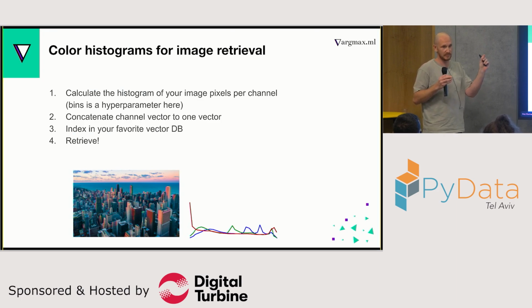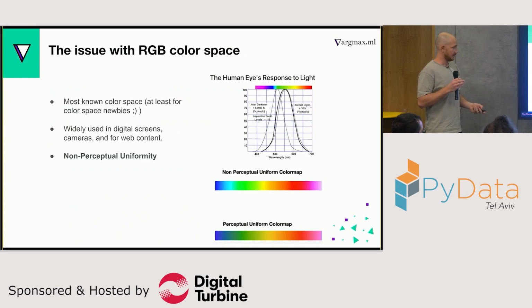For each pixel in the image, you have a value, an RGB value. It's a numeric value, three values. So you can take all the red, all the green, all the blue, concatenate them into a big vector, and index them in a vector base. So it's a three-dimensional graph? You could say that a color is three-dimensional, if you look at RGB, but you don't have to. You can flatten it, right?